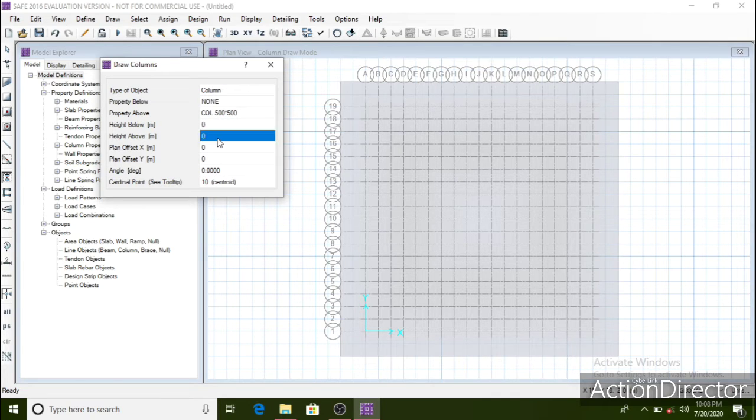and let the height of the column below, the length up to the slab or the foundation, will be 2 meters. So clicking on that, entering the value to be 2 meters for the height above. Now we are ready to draw the columns or place the columns.